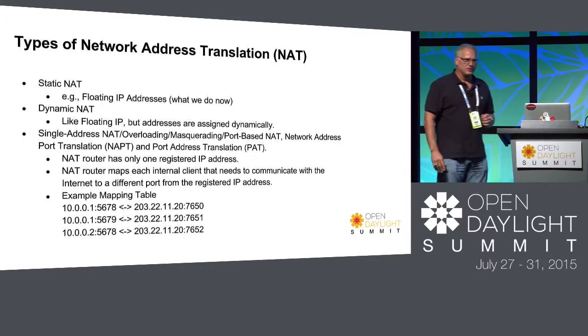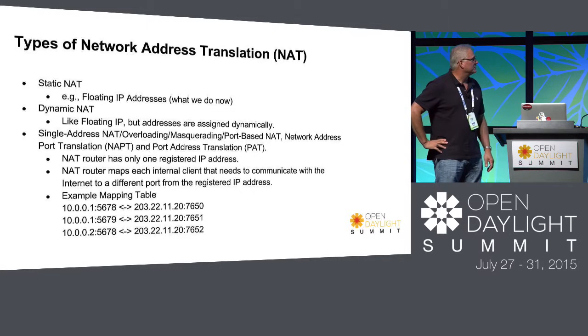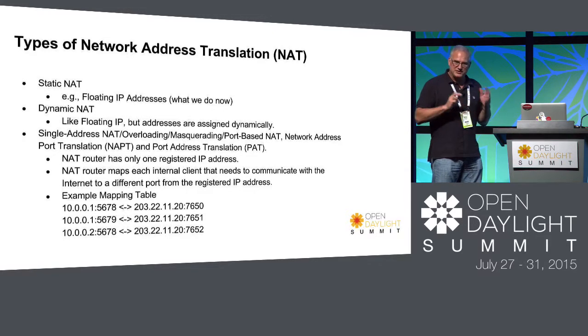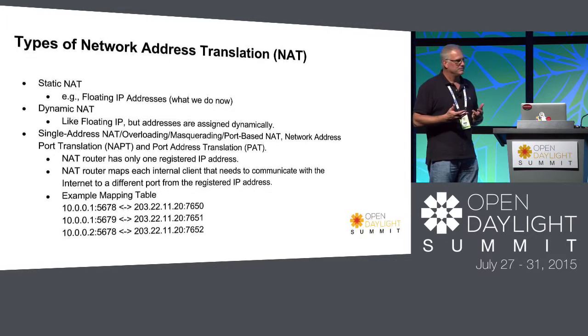But then there's also, within OpenStack and the current L3 agent, and probably everybody's home router, a dynamic NAT function, and there are different kinds of dynamic NAT. With floating IPs, we statically configure a one-to-one mapping. With standard dynamic NAT, there's a pool of addresses, and it dynamically allocates them as needed. If they time out, it frees them up. But what probably most people use is